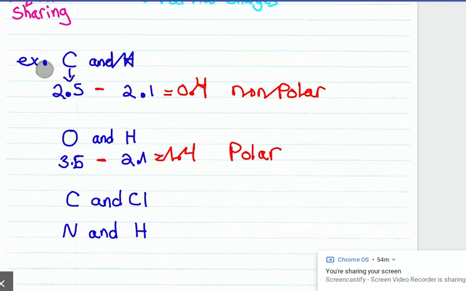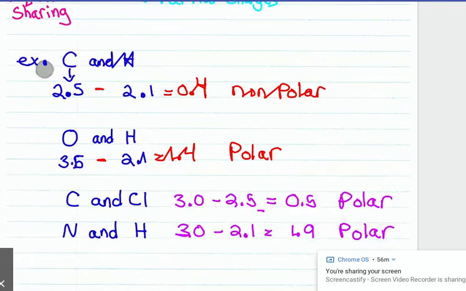Okay, so chlorine has an electronegativity of 3 and carbon is 2.5. So that gives us a difference of 0.5, giving us a polar bond. And nitrogen is a 3.0 and hydrogen is 2.1. And that gives us a 0.9. Now you're going to say, oh, Miss S, if it's over 1.7, it's ionic. But these are usually the cases. We know that nitrogen and hydrogen cannot be ionic because it does not have a metal and